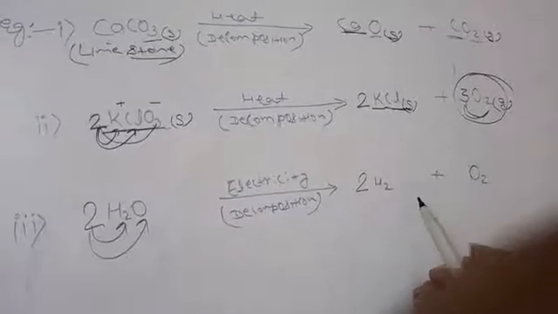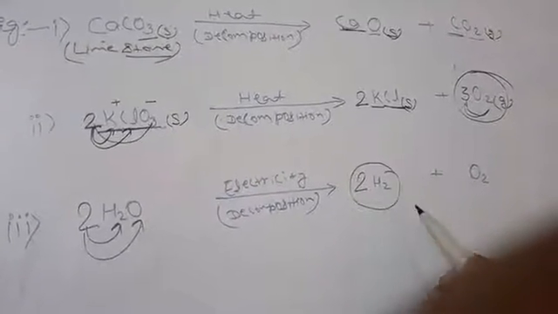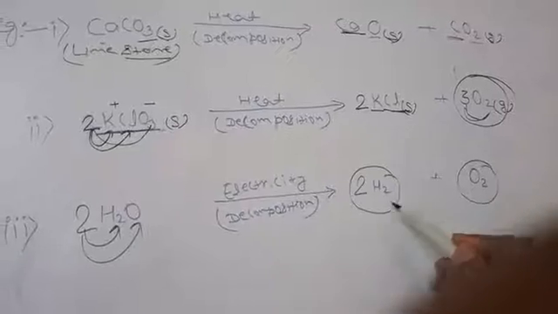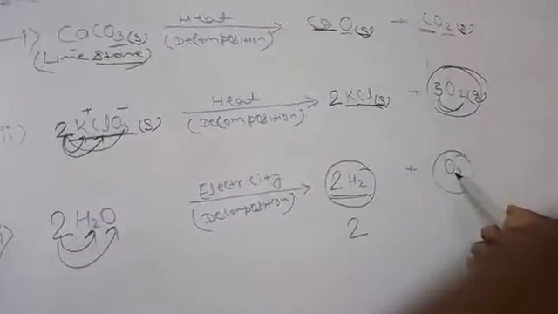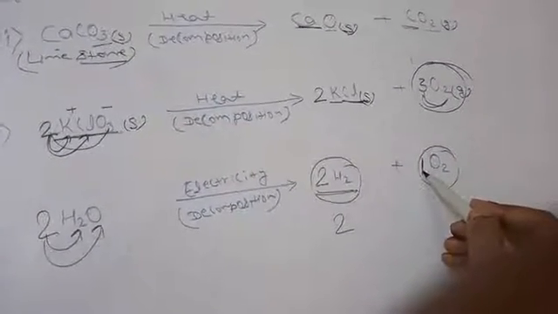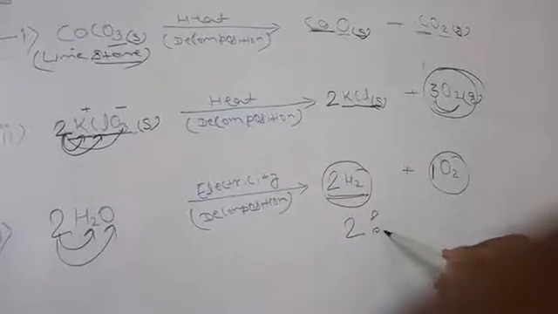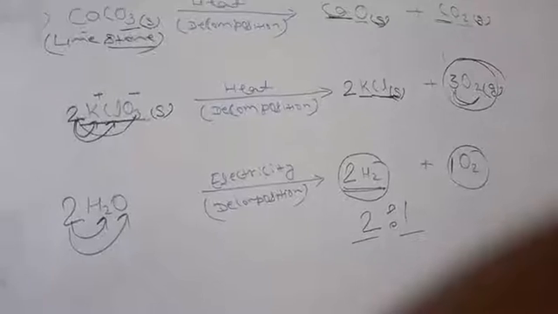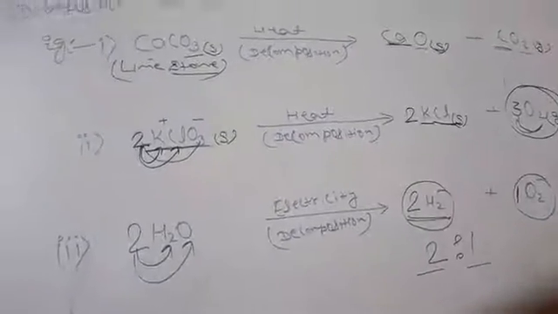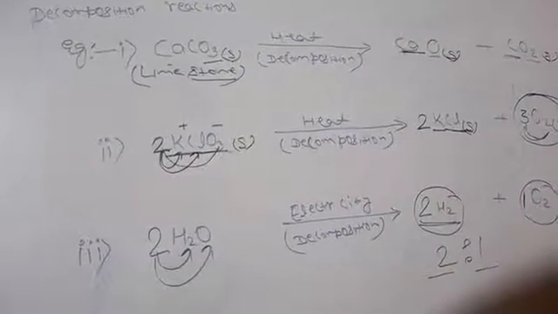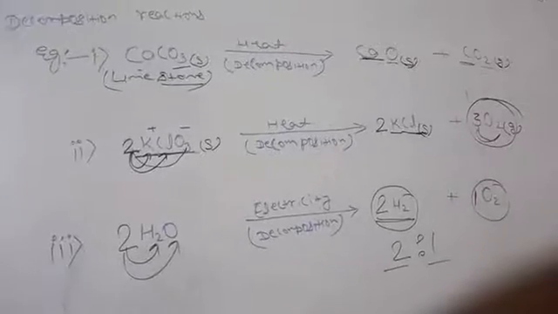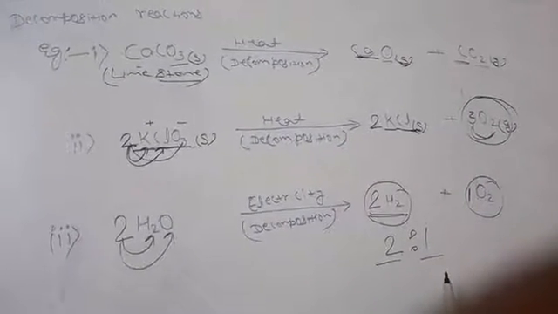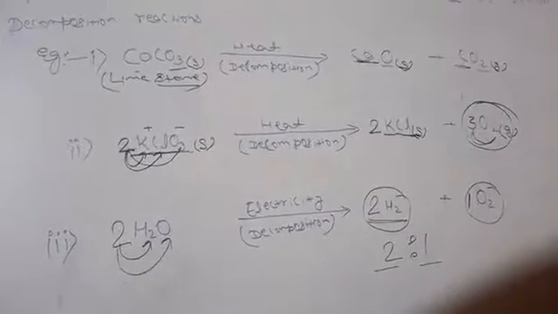So here you can see that hydrogen is 2 in volume with respect to oxygen. Oxygen, if nothing is written, means 1, it is understood. So oxygen is 1 in volume. So the ratio of hydrogen and oxygen that you are getting is 2 to 1. Okay. I will continue this electrolysis of water in the next video.